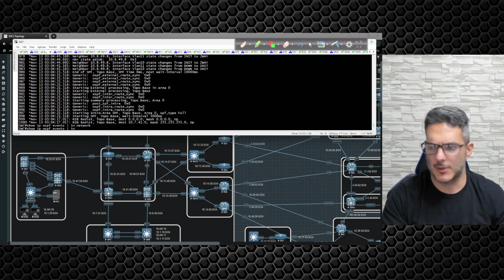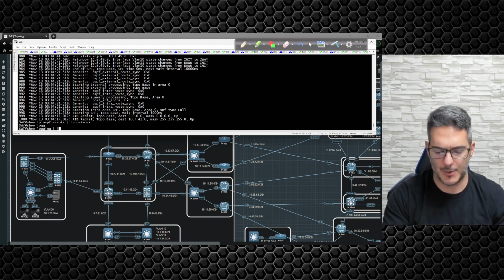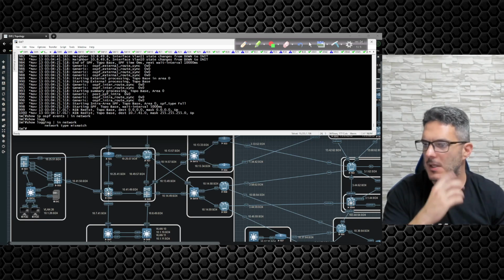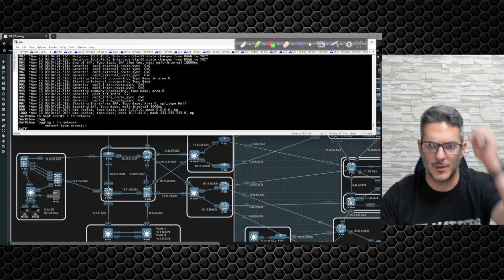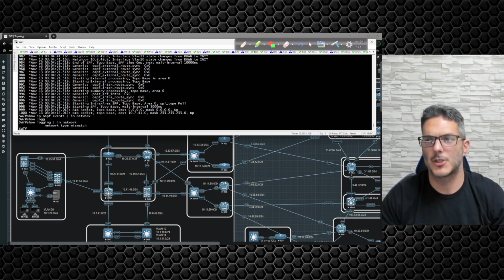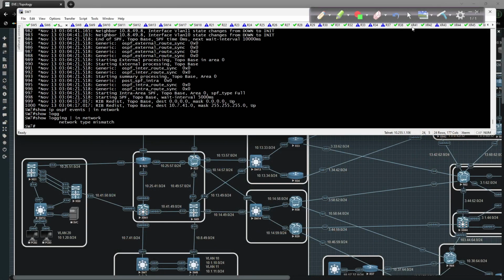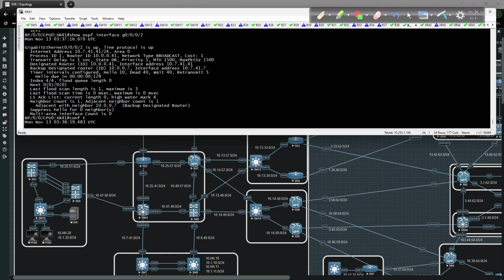But the cool thing about it is if we were to look at show logging pipe include network, right there. So that's one thing you could do, a quick show logging pipe include network, to see if there's a network type mismatch. The quick easy fix for this would be to go to 41, go to global config,